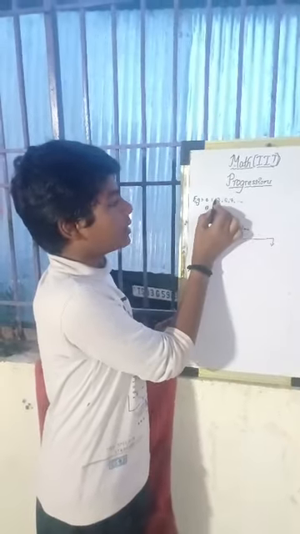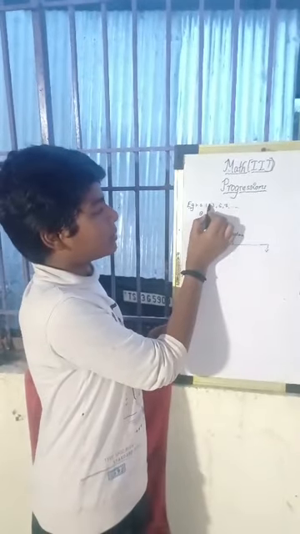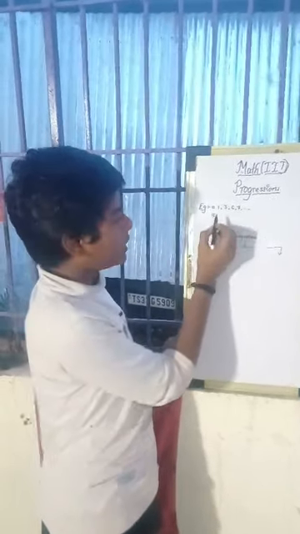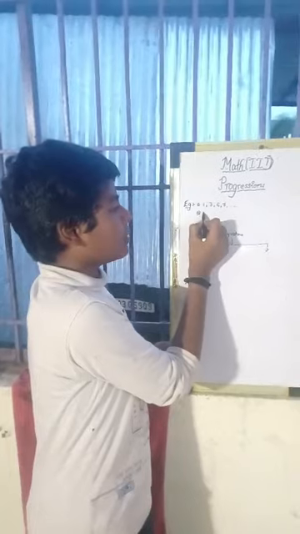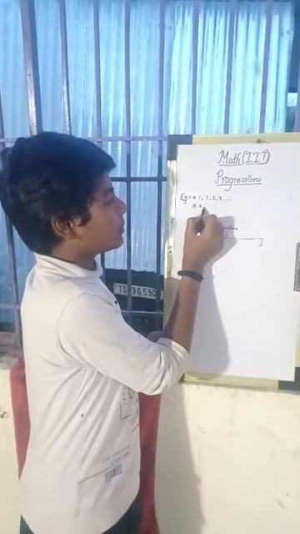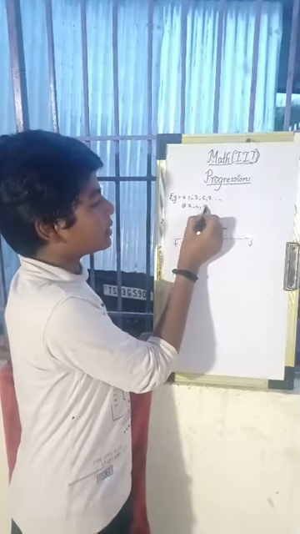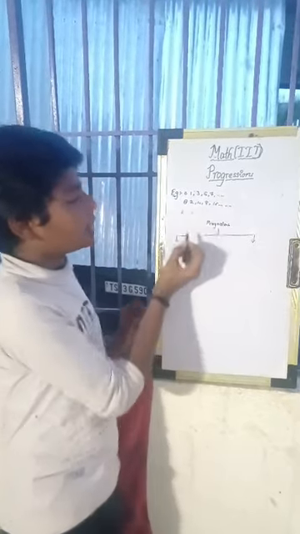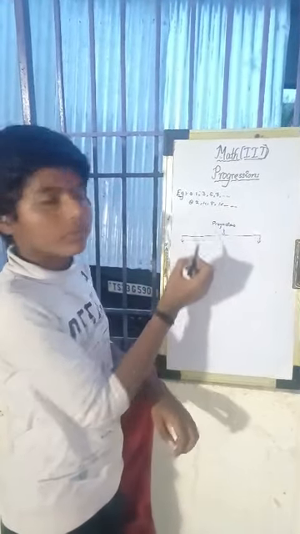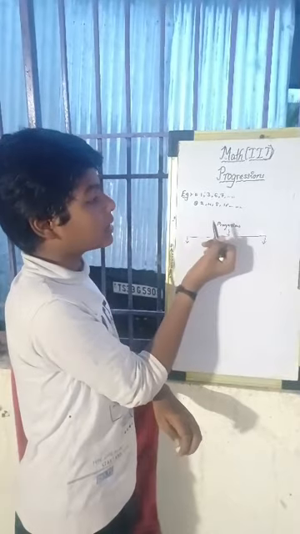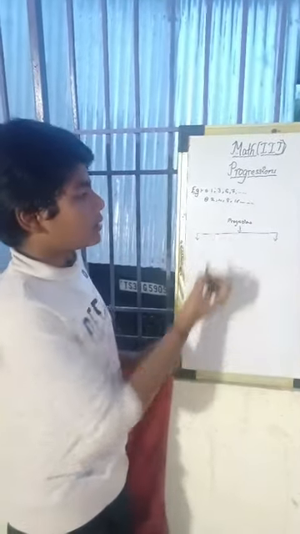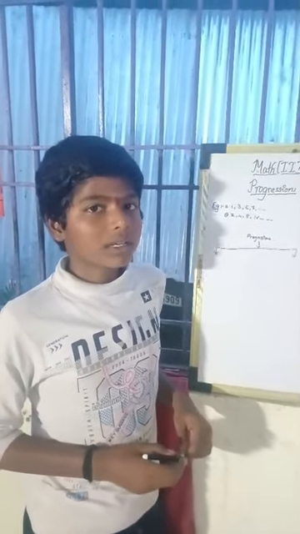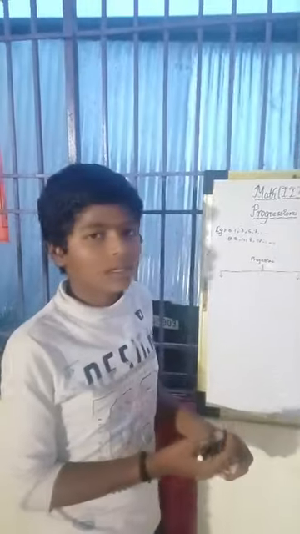Here we are adding a fixed number, 2. Another example: 2, 4, 8, 16 and so on. Here we are multiplying by 2 for each number, so we are getting the next number. So when we add or multiply by a fixed number to get the next number, it is called a progression.